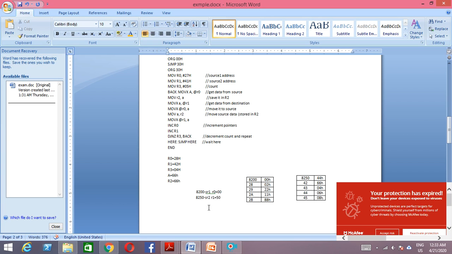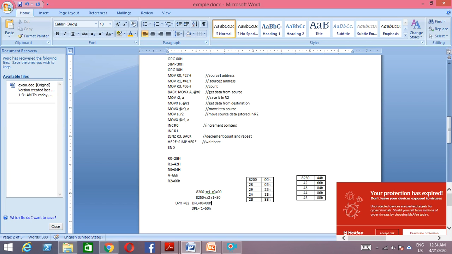So whenever you want to access this location with DPTR, R0 has to be loaded into DPL. Okay, so DPH has to be constant as 82 only. Whenever you want to access this location, R0 is equal to 00. And if you want to access this other location, DPL is equal to R1 is equal to 50.